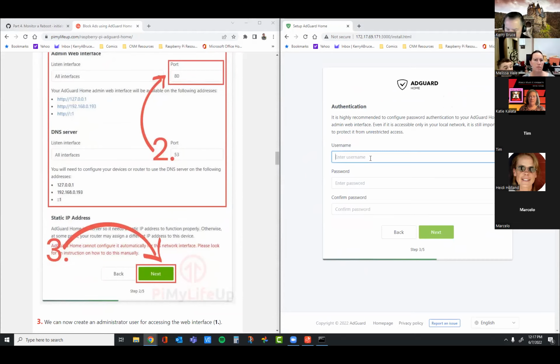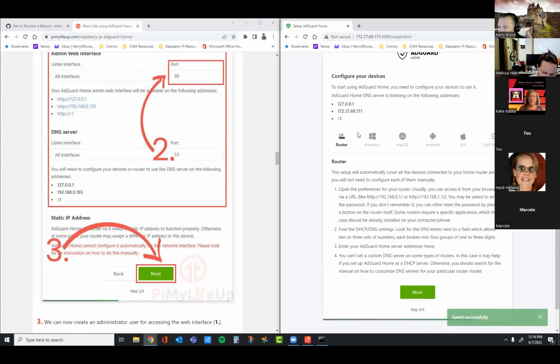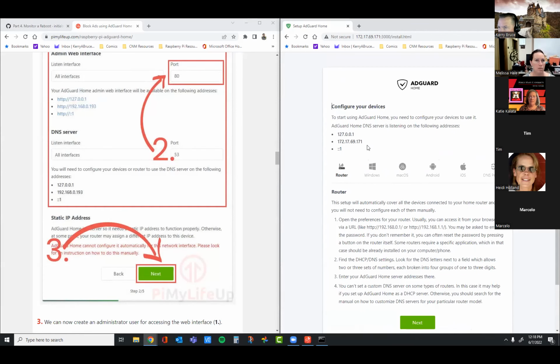Going to create a username and password for authentication. Start AdGuard.